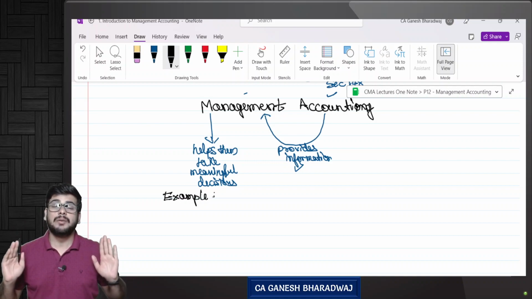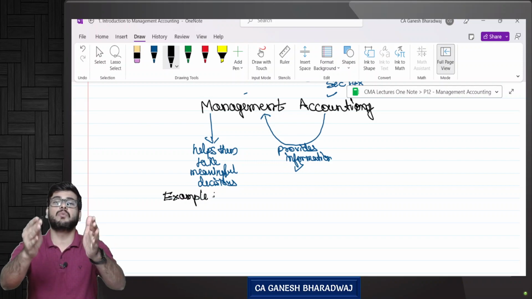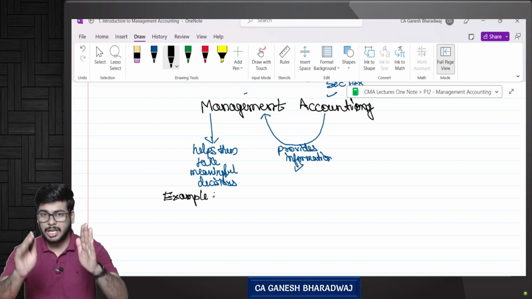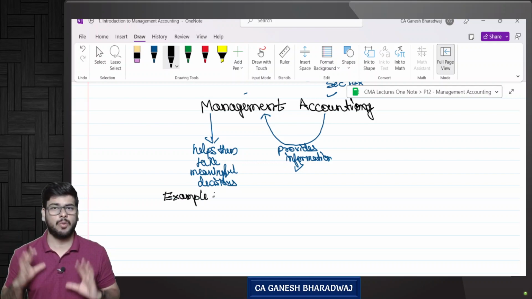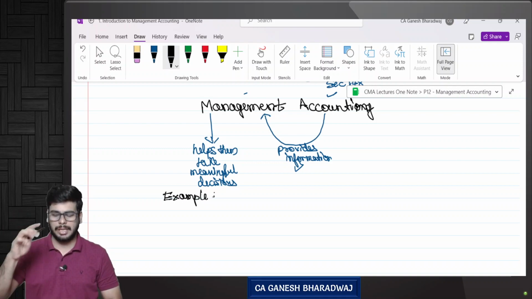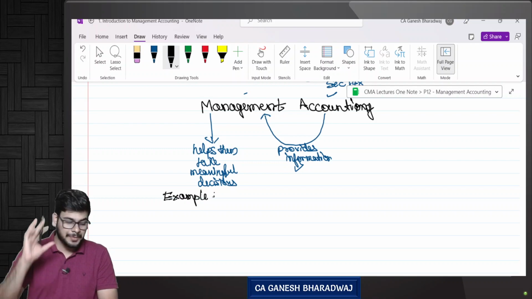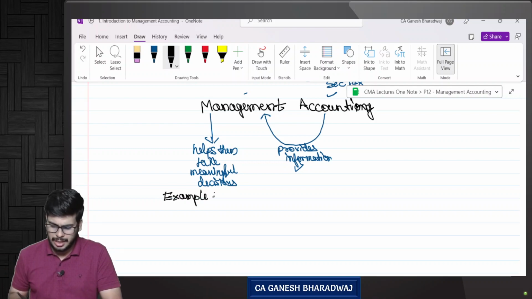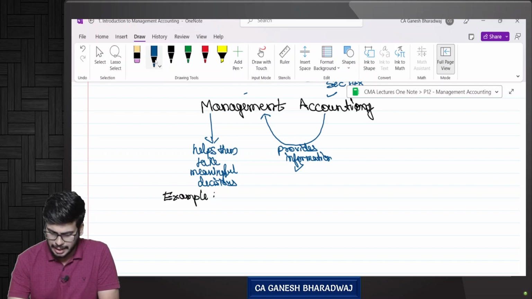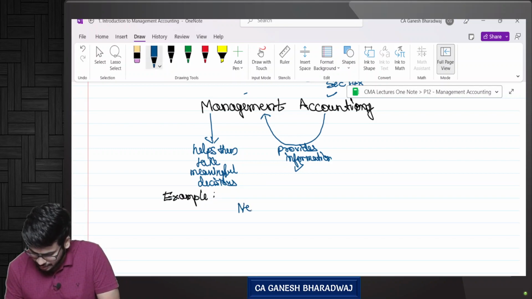This is the management decision that he's posed with, and he wants your help. He wants to take your help in arriving at a decision. What is the decision? Whether to shut down or continue in the next 1 month. And the following are the data. I am giving you the data, so just patiently listen to this. Now he says the next month demand,